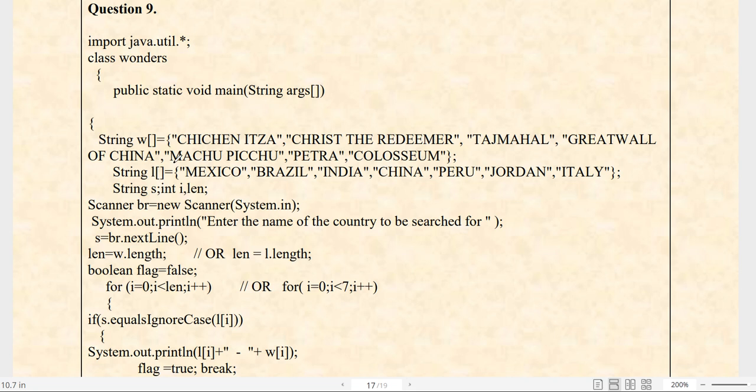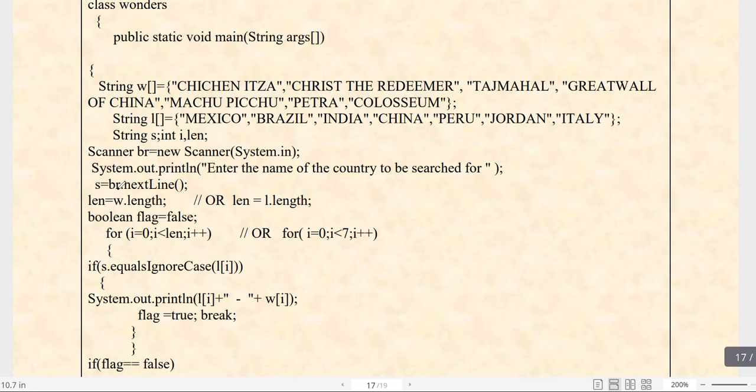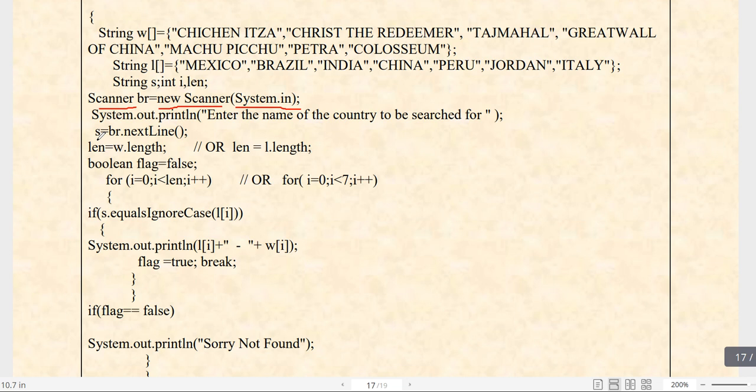After declaring these two arrays, we have to take the input from the user. For this purpose, simply use a Scanner class. You can use a Scanner and a BufferedReader both, but the Scanner is more convenient to use. That's why we use the Scanner class. Scanner class syntax is very easy to apply. Then, for taking the input from the user, we have declared the variable s. This is a String type variable that will accept the value entered by the user.